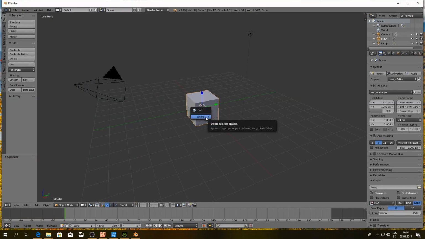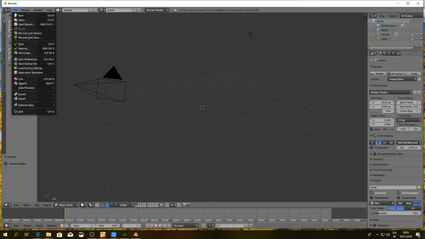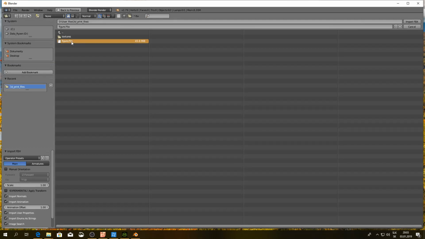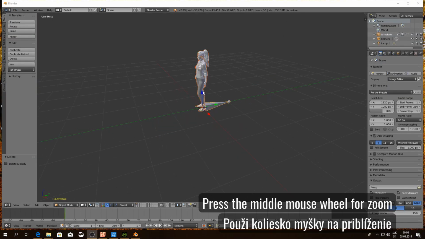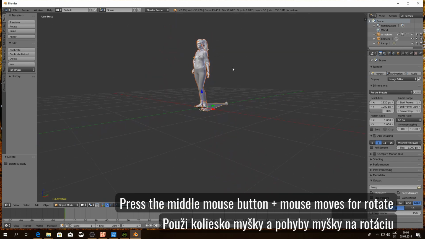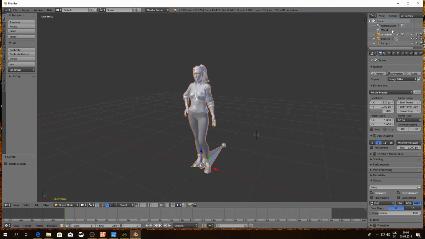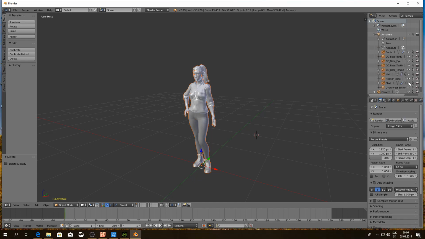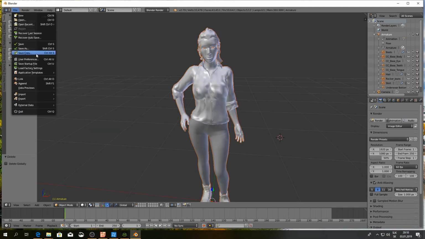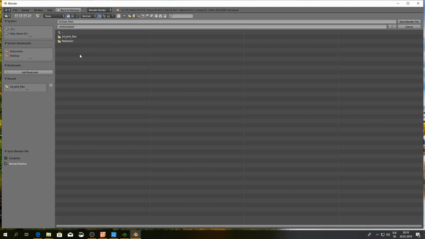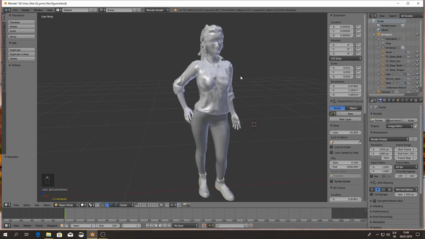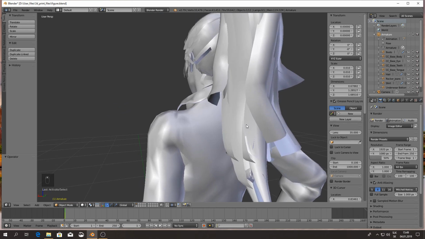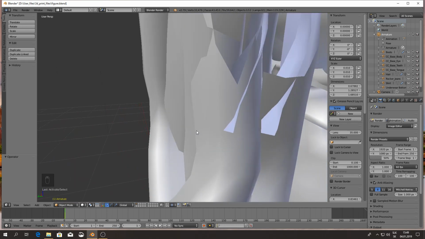We will make the remaining edits in Blender. Check the link in the video description for free download. After importing the FBX file, we will remove the unnecessary parts of the model and save it as a Blender project. The Reallusion model has no real wall thickness, so we have to make it in Blender. Zero thickness can be seen on these hairs. We need to fix it.